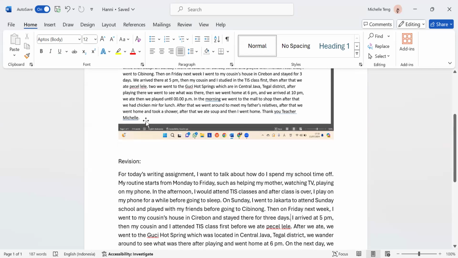So, why am I changing "we" to "I" right here? Because we're trying to keep the subject consistent. On the previous sentence, you're talking about your cousin's house, right? You went to your cousin's house. You use the subject "I" right there, and then in the next one you use "we". So we should be consistent. It's either "we went to my cousin's house, then we arrived," or I'm just going to stick with the first one, which is the subject "I", a singular first person point of view.